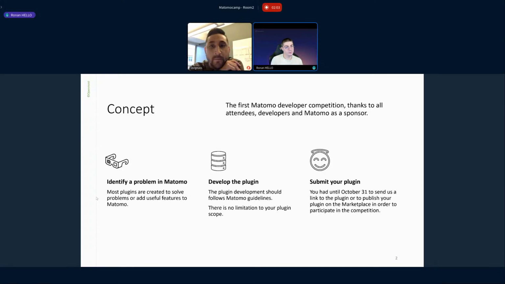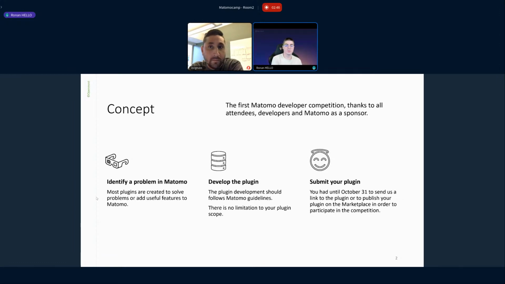Solving a problem in Matomo, there are different ways. You can contribute to the core Matomo project, like creating an issue on GitHub, fixing the problems, and then submitting a pull request to Matomo, and hopefully being approved by the Matomo official team. But it could take quite long. You can obviously create a plugin from scratch using the starter plugin within the Matomo instance. And you can build third-party programs using the API. Every kind of solution has benefits and drawbacks.